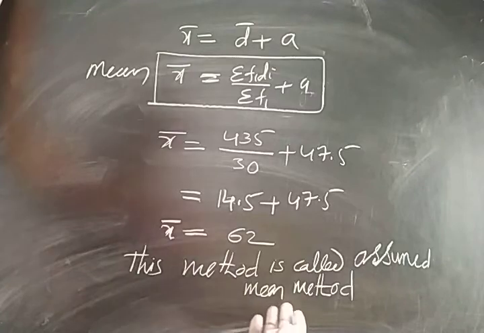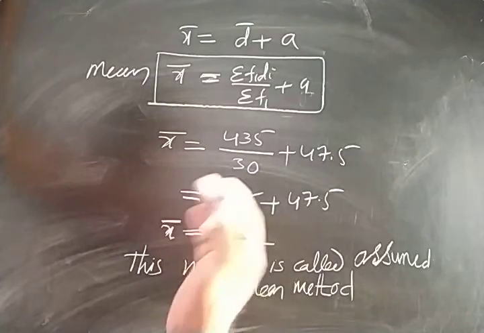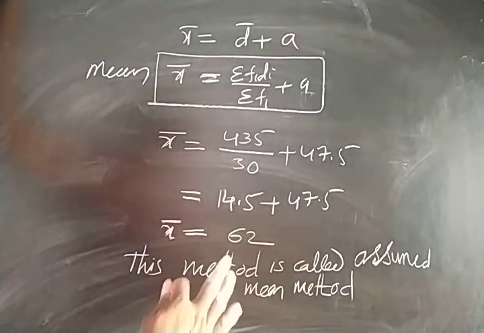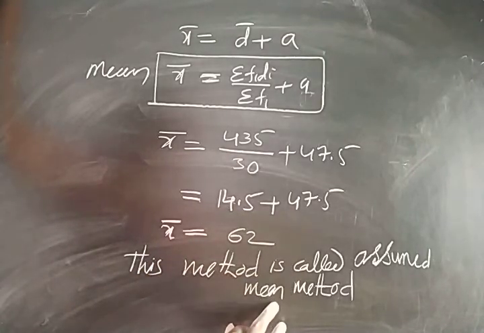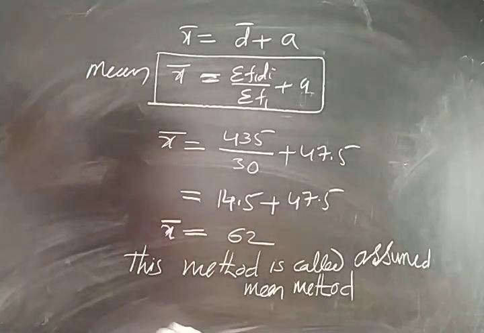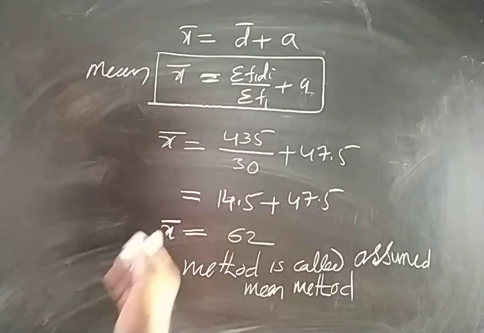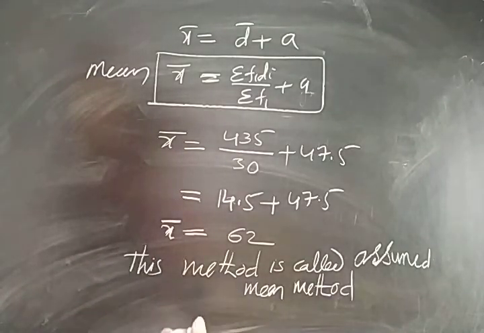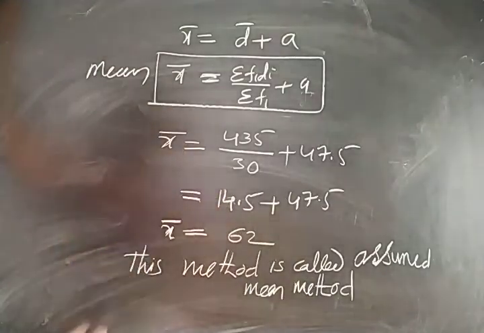So what is the use of this assumed mean method? Already I explained. If xi values are large values, you can apply the direct method also. If you apply the direct method, you will get the same answer, but the direct method will take more time. So it is a time consuming method. Instead of that, we can use assumed mean method. Better to use assumed mean method when xi values are large. Okay. So in that, assumed mean is not a mean; it is used to find the actual mean.